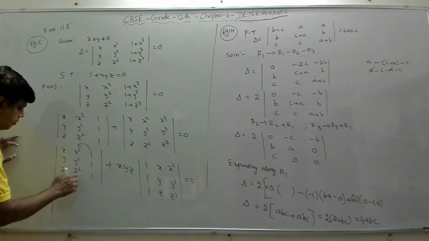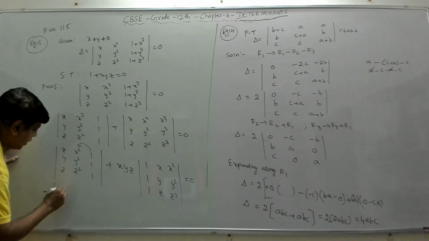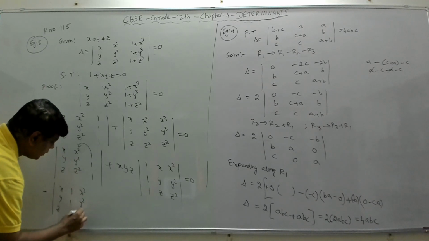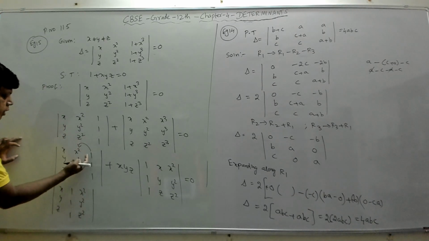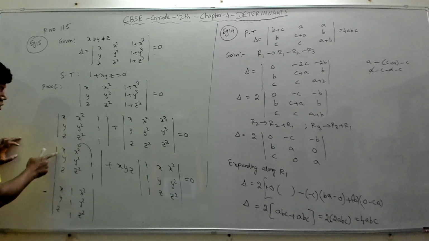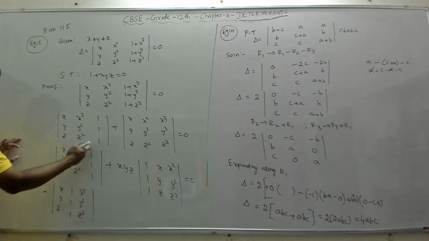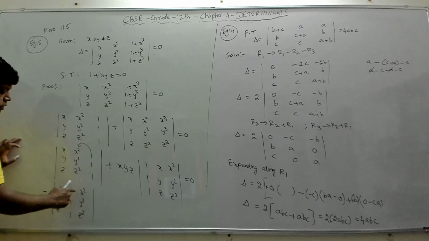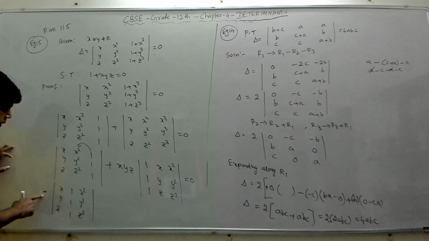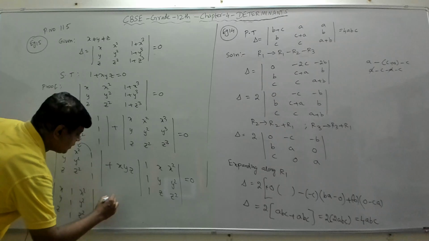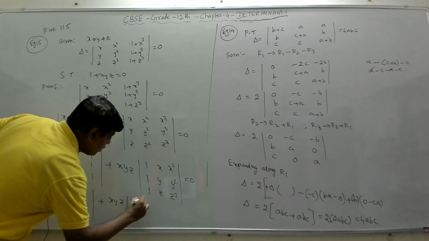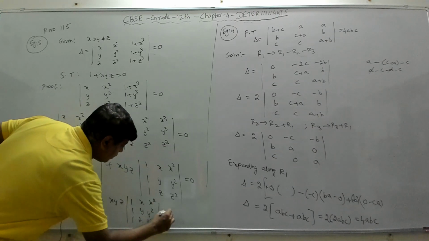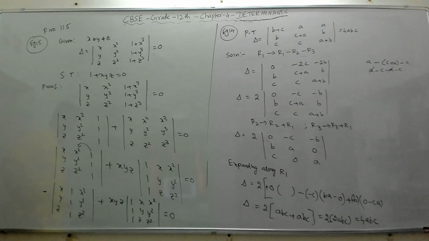property 2. So if I interchange my C3 and C2, then I will get x, y, z, this will become 1, 1, 1, x square, y square, z square. I am slowly bringing this 1, 1, 1 to the first column. First I am moving it to the second column, so column 3 and column 2 I am interchanging. When you interchange any columns, you will get a minus. Then this one I am writing as it is, x, y, z. There is no change to this. 1, x, x square, 1, y, y square, 1, z, z square equal to 0. Fine.